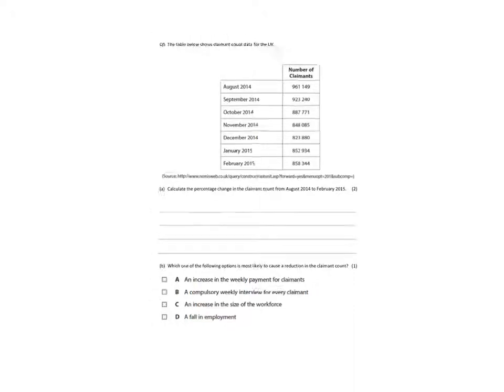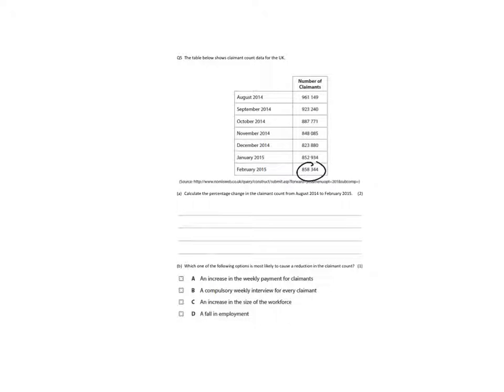Question 5, we have some claimant count figures for the UK from August 2014 up to February 2015. First question, calculate the percentage change in the claimant count over that time period. So in looking at the change, we first need to work out what the difference is between those two values. So the figure here and the figure here, that difference works out to be a fall in the number of claimants of